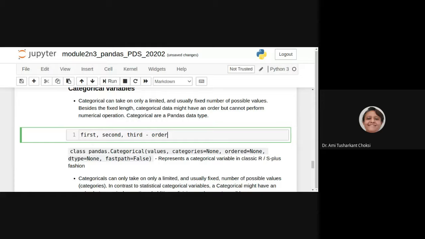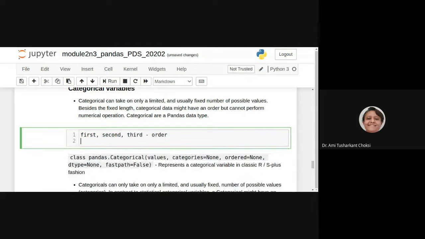That is, first, then second, then third, right? Sorting, you can say. So order is there for that. First, second, third. That order is there. But can we do numeric operations? Can we do first plus second? No, that is not possible. Can we do second plus third? That is not possible.